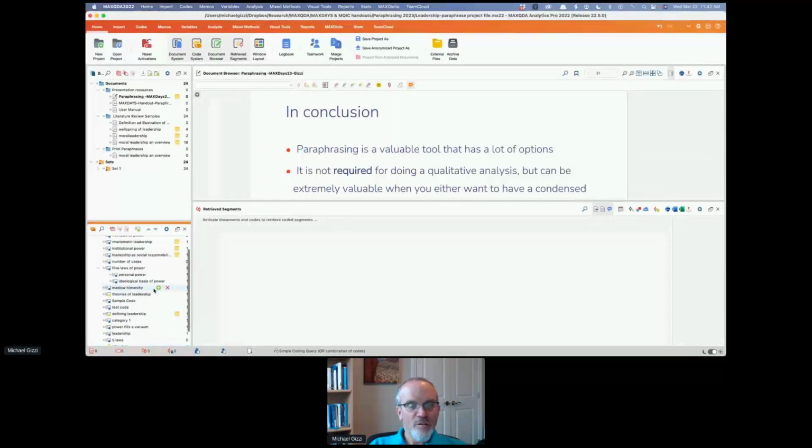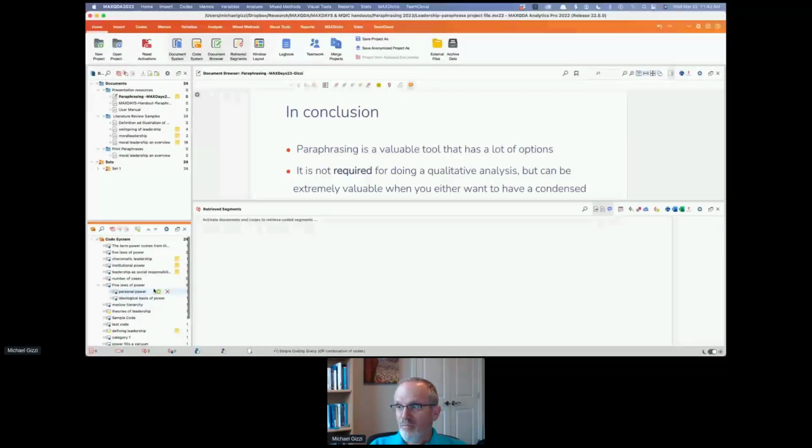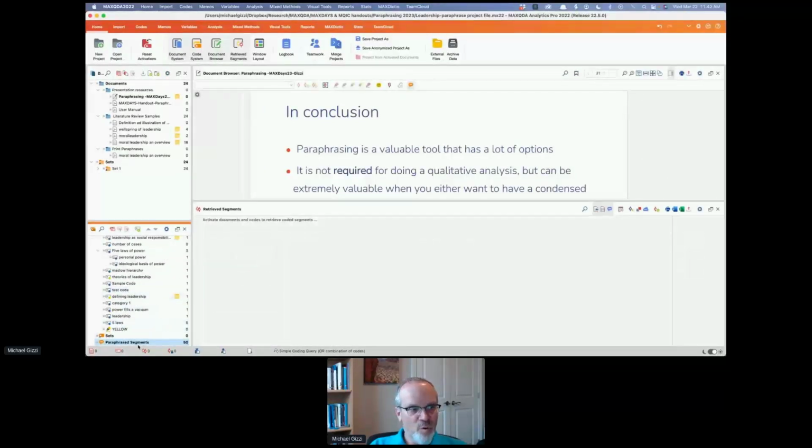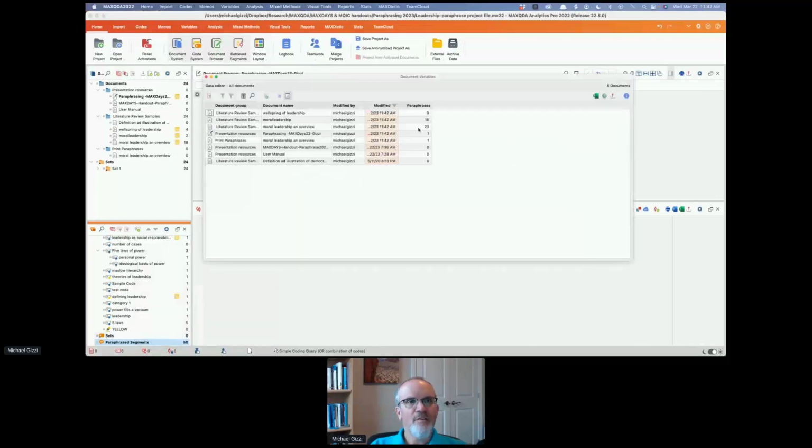The way you create a variable for paraphrases is you right-click on paraphrase segments, transform into document variable, and now you're going to have a paraphrase variable that will show up. And that is not one you can edit. It is a system variable that is driven by the number of paraphrases.